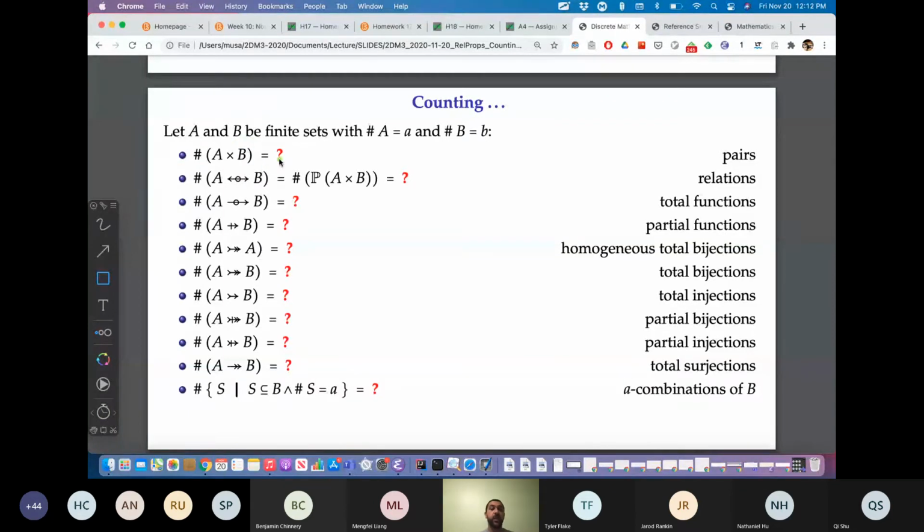Okay. We said to count the power set, you just do 2 to the power of n, because for every element it can either be in the subset or not in the subset. In or not, in or not. There's 2 options, and if you have n many elements, it's going to be 2 to the power of n.